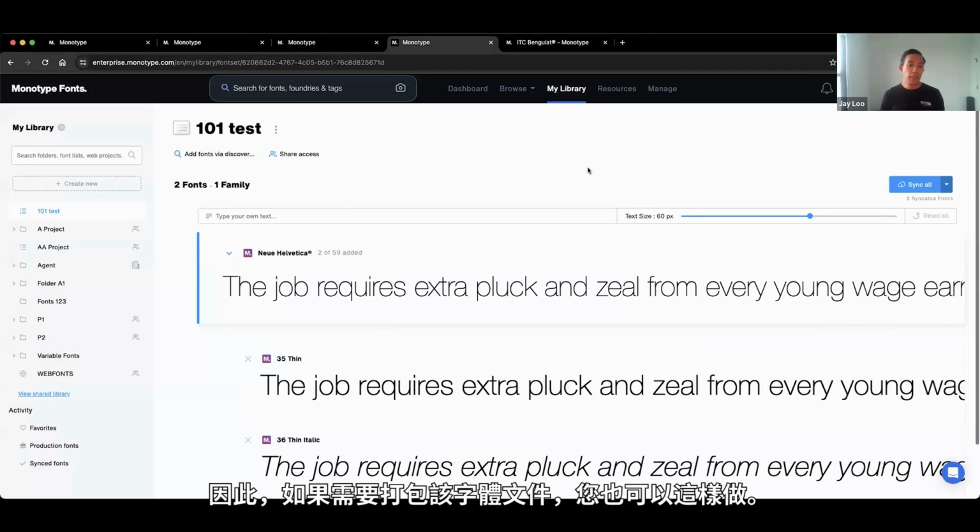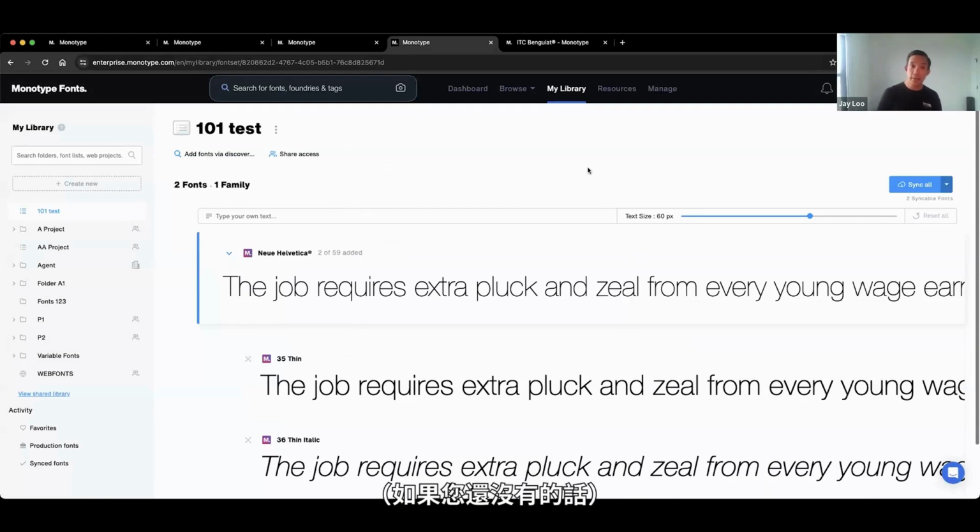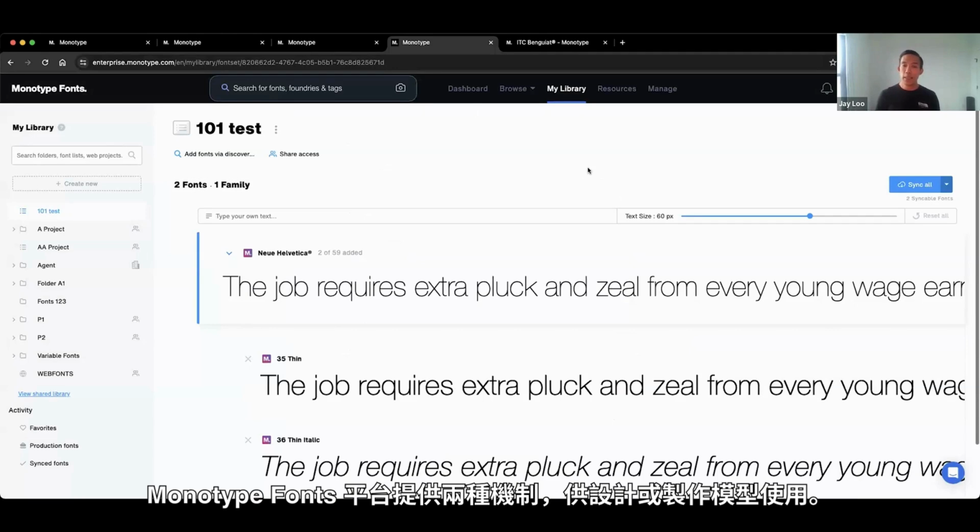So if there's ever a need to package that font file, know that you also have that option as well. But I would encourage you to work with your admins of the Monotype Fonts platform to get that permission if you already have it. Otherwise, feel free to reach out to us if you have any questions regarding that. But the Monotype Fonts platform does allow 2 delivery mechanisms